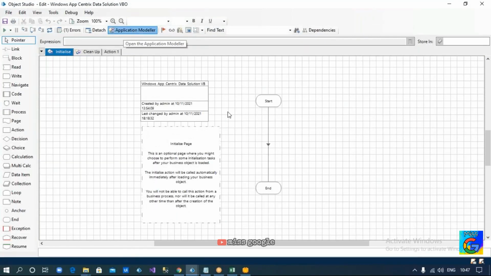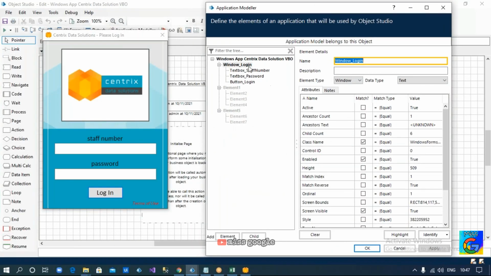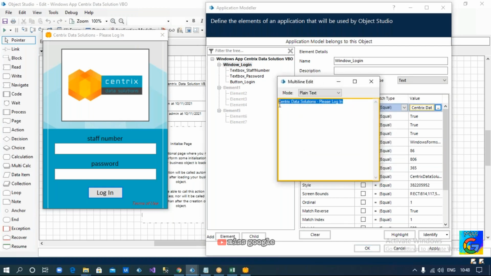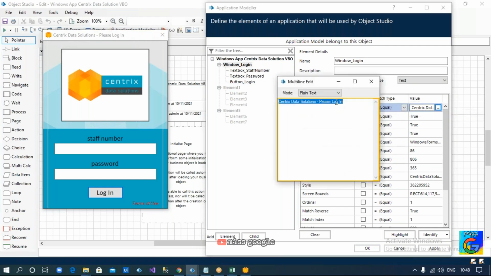Now coming back to the application modeler. So first is window login. This is the window login. As we discussed in the previous session, we can eliminate these three: visible, screen visible, and enabled. And you can see the Windows text name. It has taken the name which is available on top of the window, the heading of the window, Centrix Data Solution, please log in. It is the same value here. If any one value changes here,